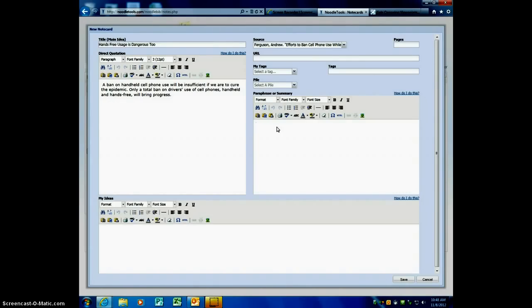Don't try to follow the format of the direct quotation. Put it in your own words, but also your own format. So instead of "a ban on handheld cell phone use will be insufficient if we are to cure the epidemic, only a total ban on drivers' use of cell phones, handheld and hands-free, will bring progress," I'm going to change that to